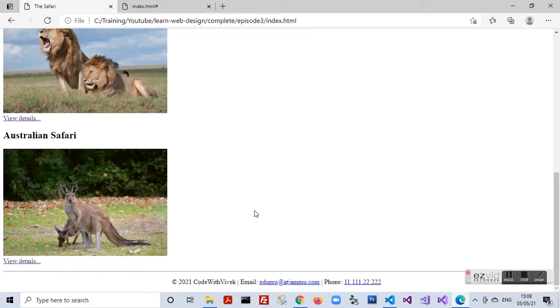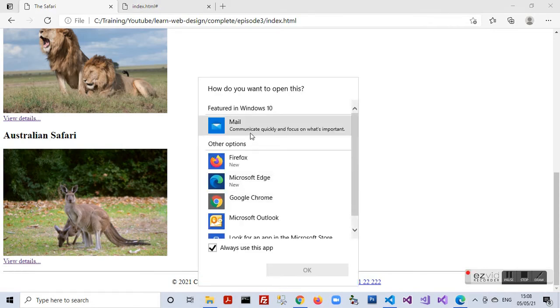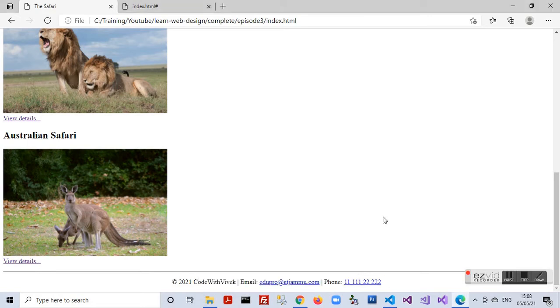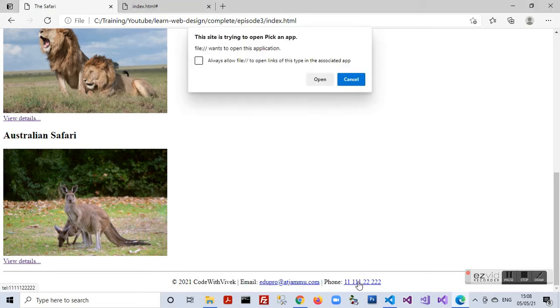And also we need to link my email ID to my email client through a hyperlink. Also, I need to link my phone number to a phone app. So this is being taken care of by the anchor tag itself, but there is a special mechanism for this.